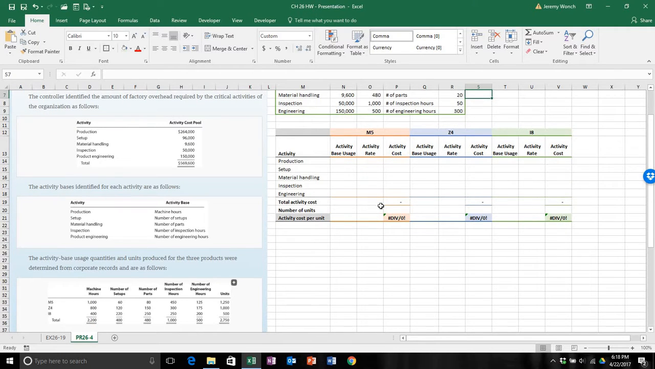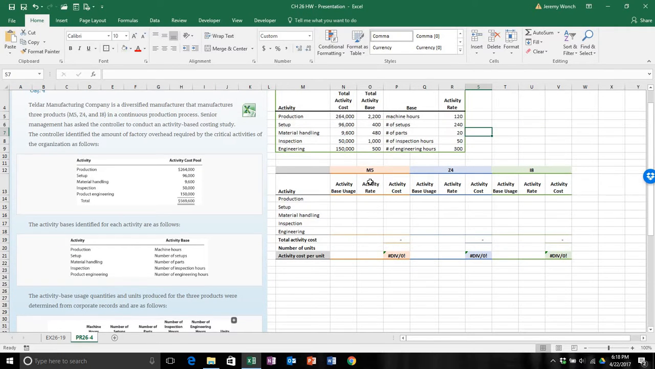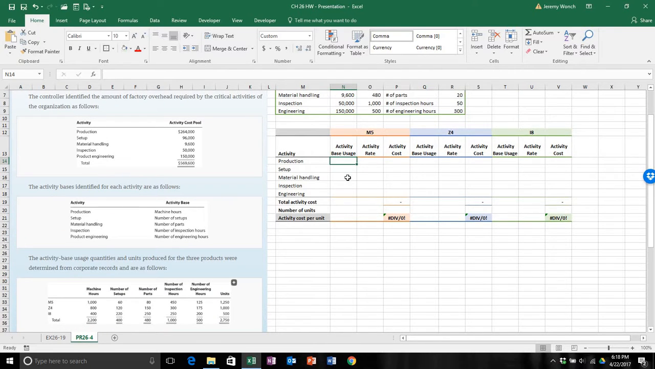Now we can allocate it to each one of the products. Down here, we want to identify for each product what their usage was for all these activities. How many machine hours did they have for production, and so on. That is going to be right here. So for the M5 they had 1,000 machine hours, 60 for setup, 80 for the number of parts, 450 for inspection,